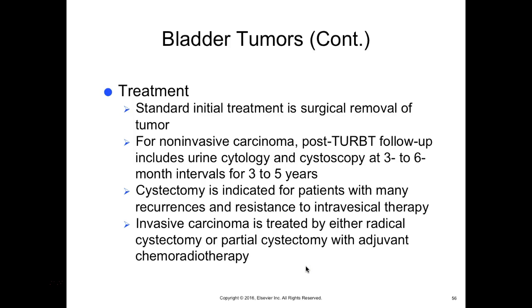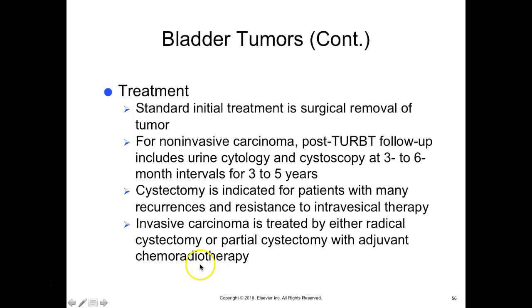For non-invasive carcinoma, they will do what they call the TURBT follow-up. The TURBT follow-up includes urine cytology and cystoscopy at 3 to 6 month intervals for 3 to 5 years. A cystectomy is indicated for patients with many recurrences and resistance to the intravesical therapy, so that would be removal. An invasive carcinoma is treated with either radical cystectomy or partial cystectomy, which is entire removal of the bladder, or partial removal,